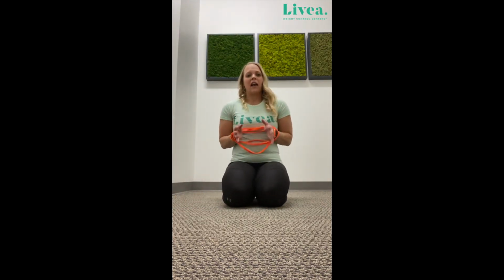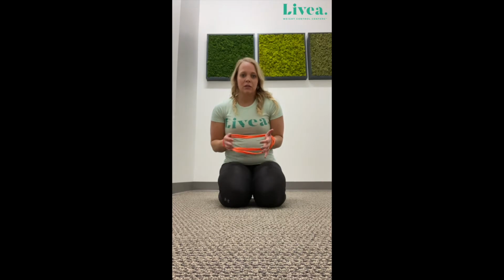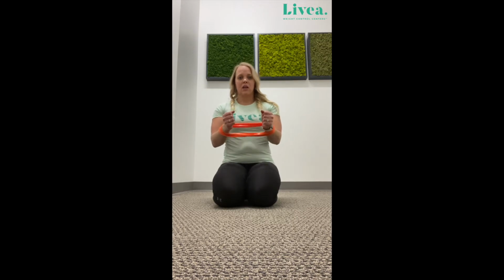And again, a lot of this stuff we can do without the bands completely. So if you don't wanna use the bands for some of this stuff, definitely don't use the bands, but I definitely like the bands for this one because it makes me put the resistance there and really work my back. So we're just gonna do 10 of these. Ready? 1,